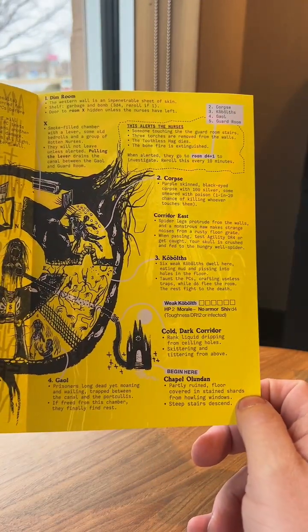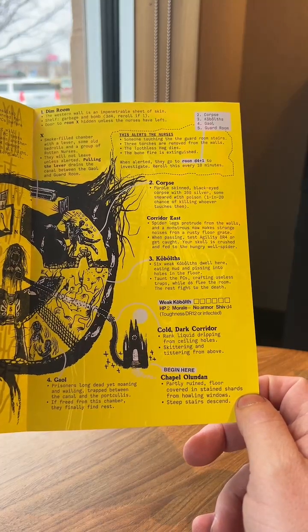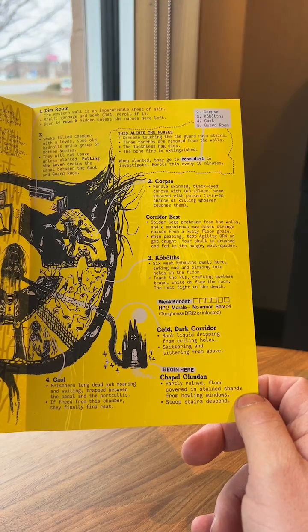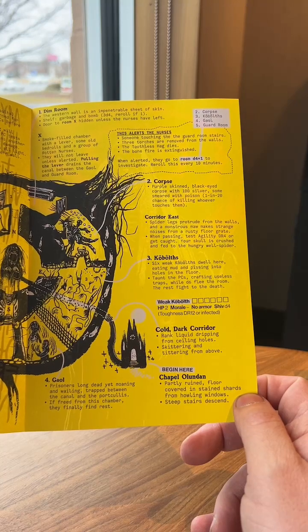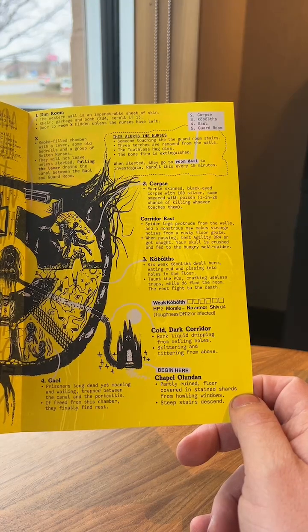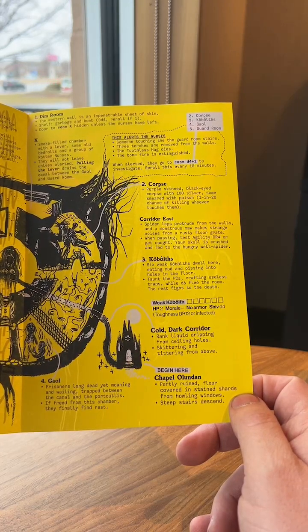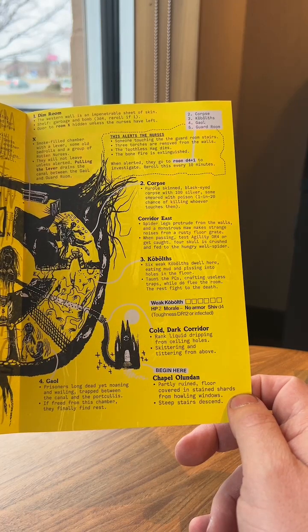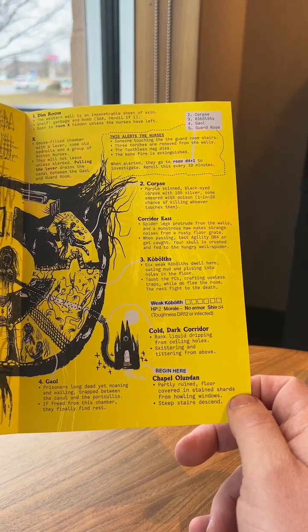and begin at the chapel, alone, partly ruined, or covered in stained shards from howling windows. Steep stairs descend. Then you make your way through the cold, dark corridor, rank liquid dripping from ceiling holes, skittering and tittering from above. That leads you to